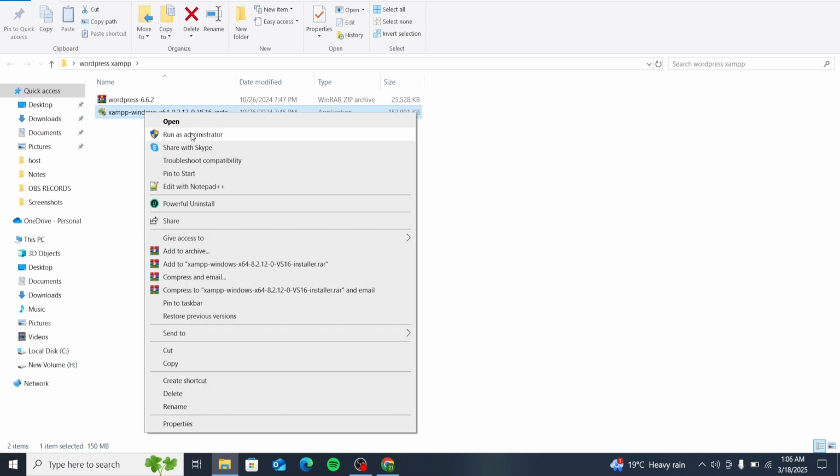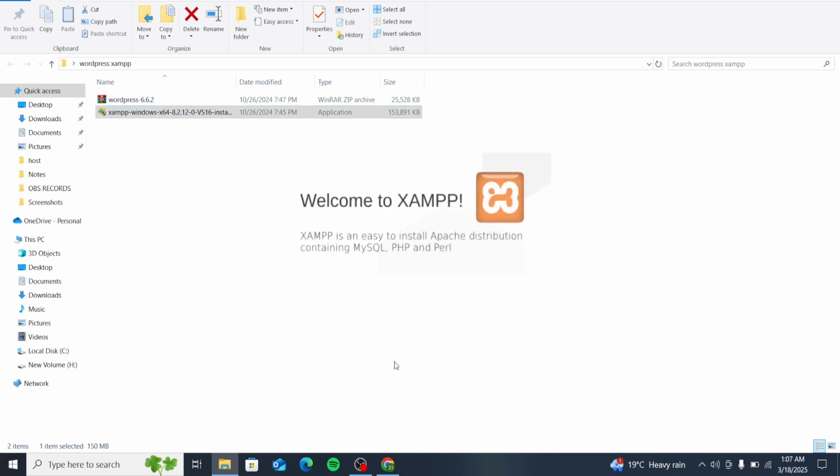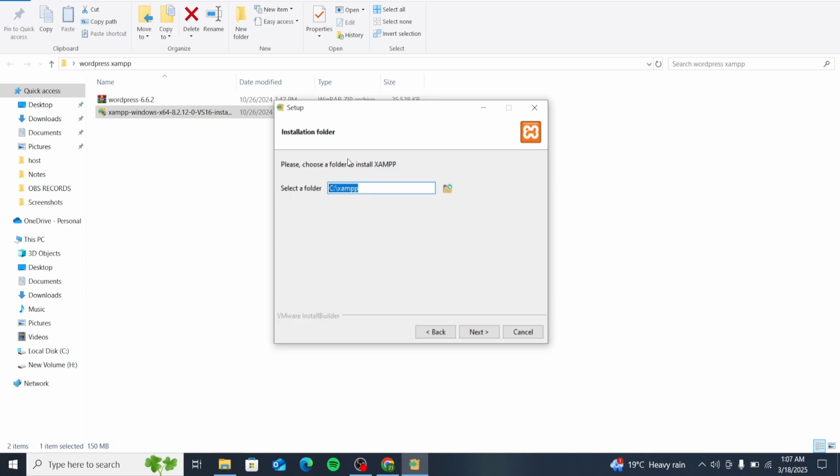This is how you do it: run as admin to initialize the process of installing Xampp. Let it install. It takes about 1 to 2 minutes before it is done installing. It is one of the most preferred in the market. Now, be very careful here. You want to install in the default folder, because you're going to locate this folder later on in the video,